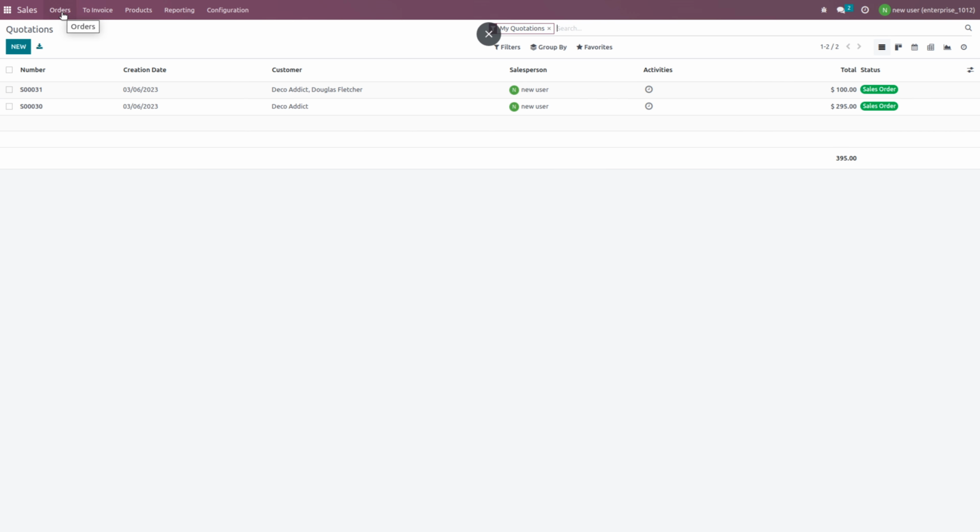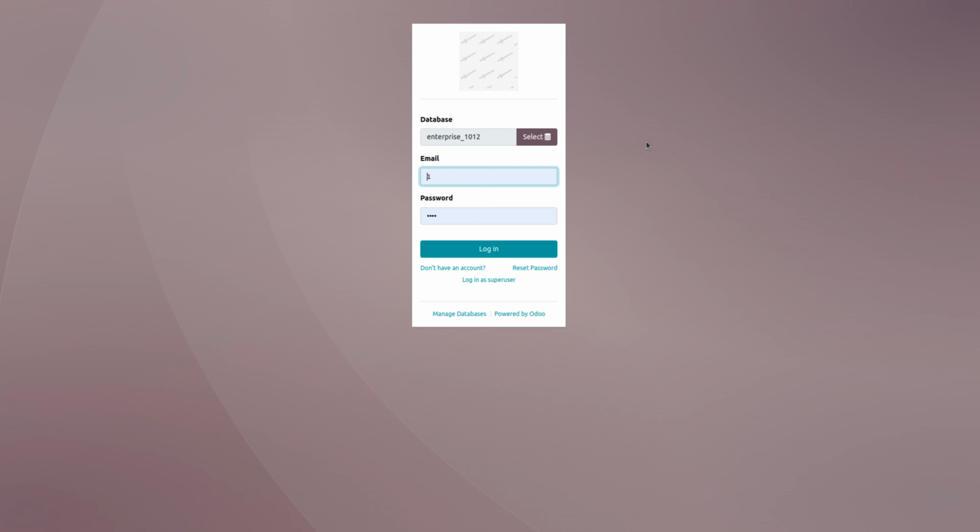Like he can make changes to the orders, to invoice tab, or to the product reporting and configuration settings. Now let's log out from Michelle and new user and login as Michelle admin and change the user type as